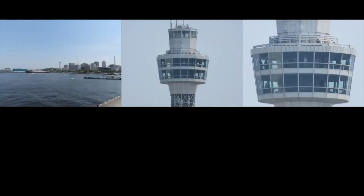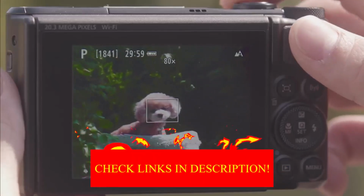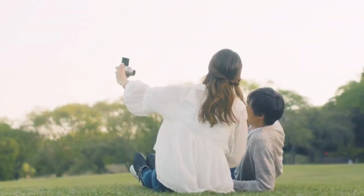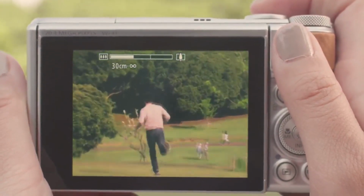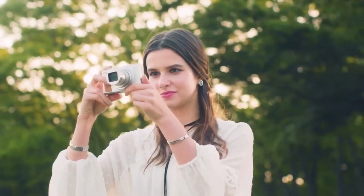But if you're craving the feel of a camera in your hands, or you need the zoom range that a point-and-shoot can provide, the SX740 is a good choice at a relatively low price point. Though it has a smaller sensor than our previous picks, its built-in lens can extend to a max full-frame equivalent focal length of 960mm, giving you an incredibly wide zoom range to shoot everything from landscape shots to close-ups of